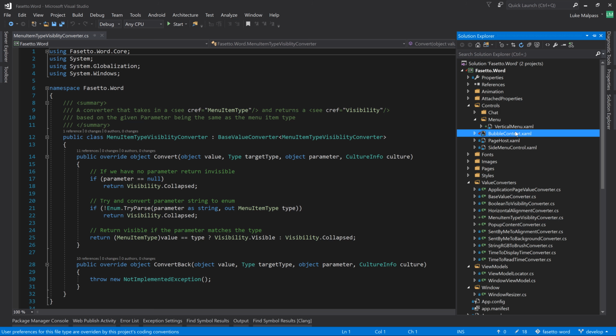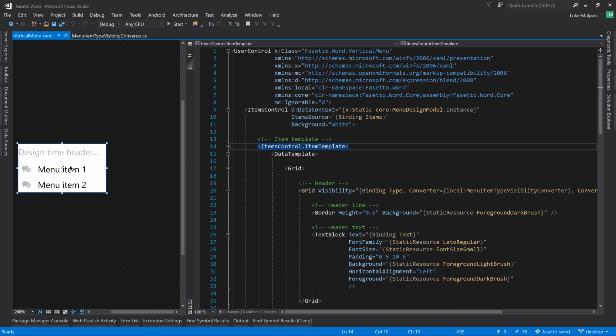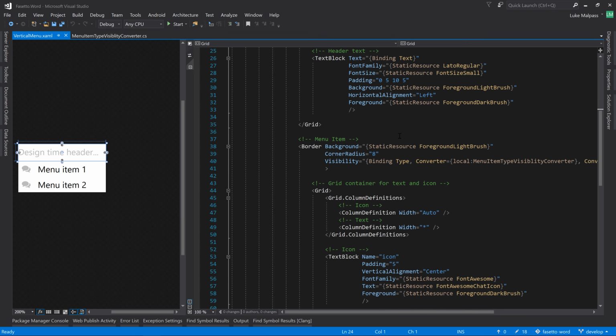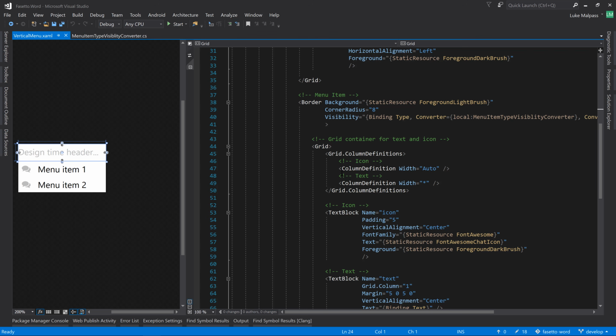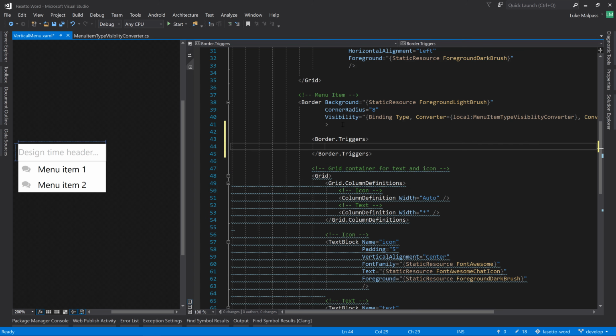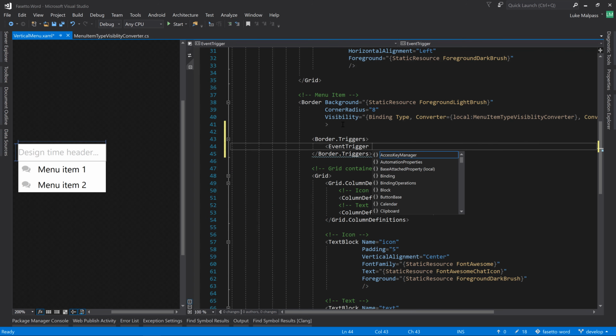And we want to be in the vertical menu, and it'll be this specific, not the headers, it'll be the menu items that we want to now add the hover effects to on the border. So we want to do in the main menu item border.triggers, and then we'll start with an event trigger,